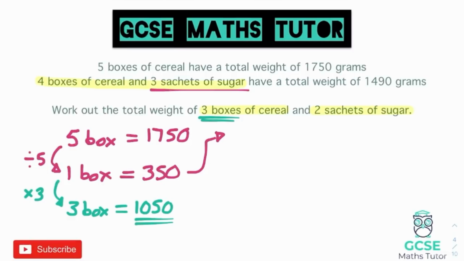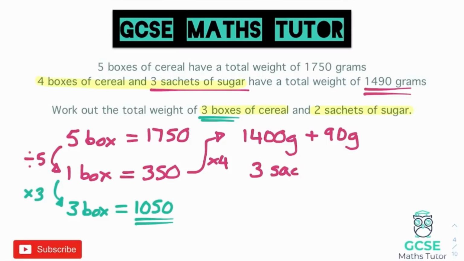So if 1 box is equal to 350, 4 of those boxes is going to be 1,400 grams. And obviously it says in the question that the weight, including the 3 sachets of sugar, is 1,490 grams. So that is going to be adding another 90 grams. So those 3 sachets of sugar are equal to 90 grams. So we can write that down. So 3 sachets